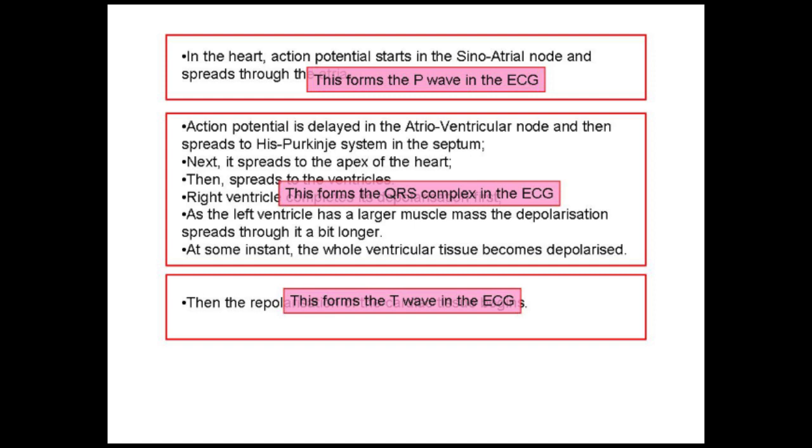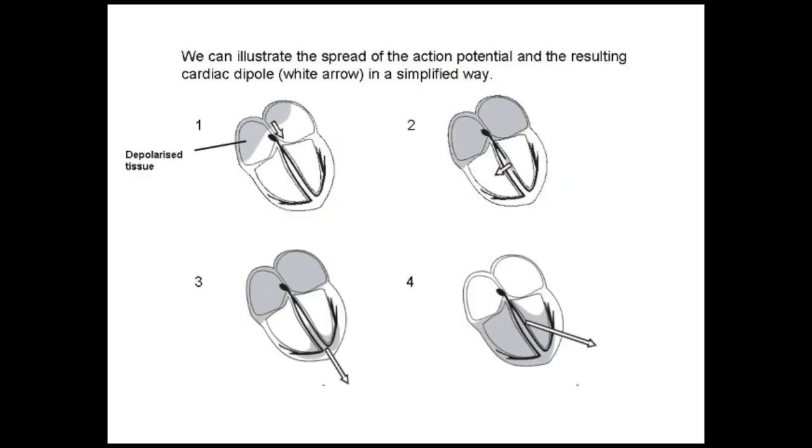So let's take a look at the simplified version of action potential spread throughout the heart and what kind of net dipole this creates. The depolarized tissue is shown with a gray area. The dipole of the heart, or the cardiac dipole, is shown with white. The size of the dipole shows the strength of it, and also you can see the orientation of the dipole